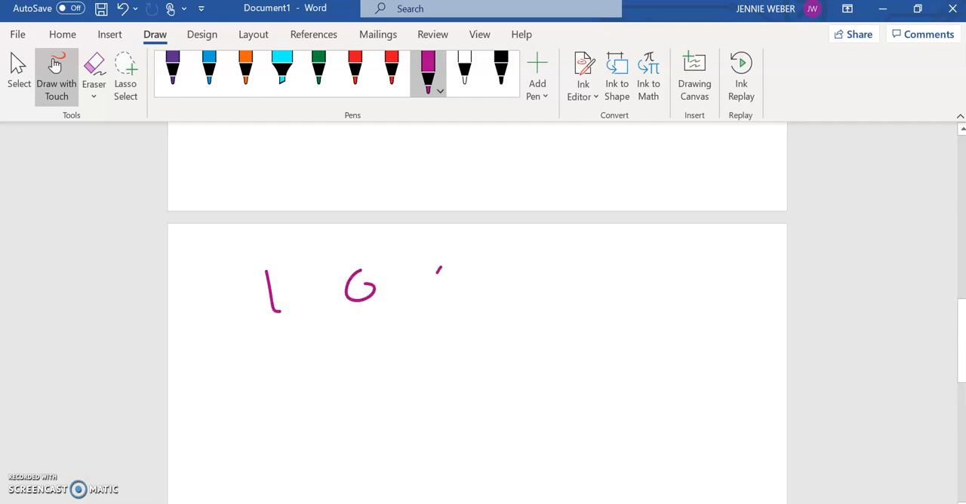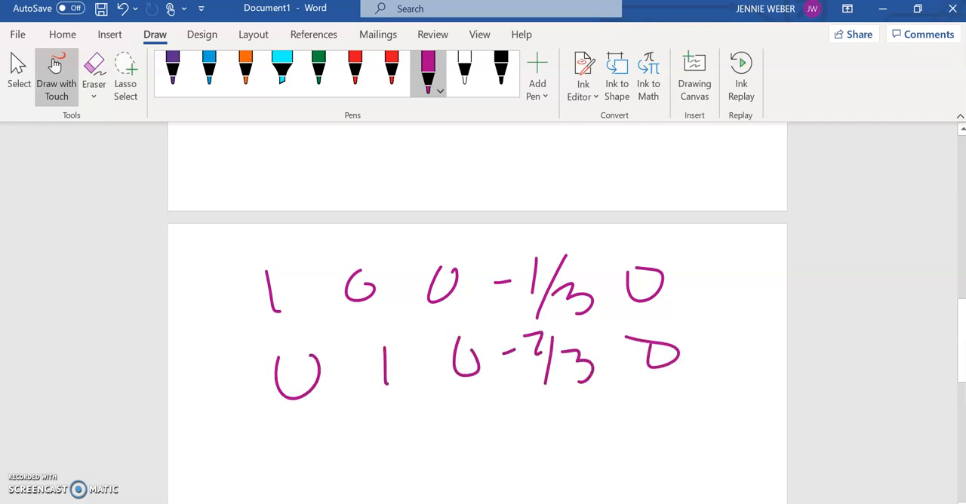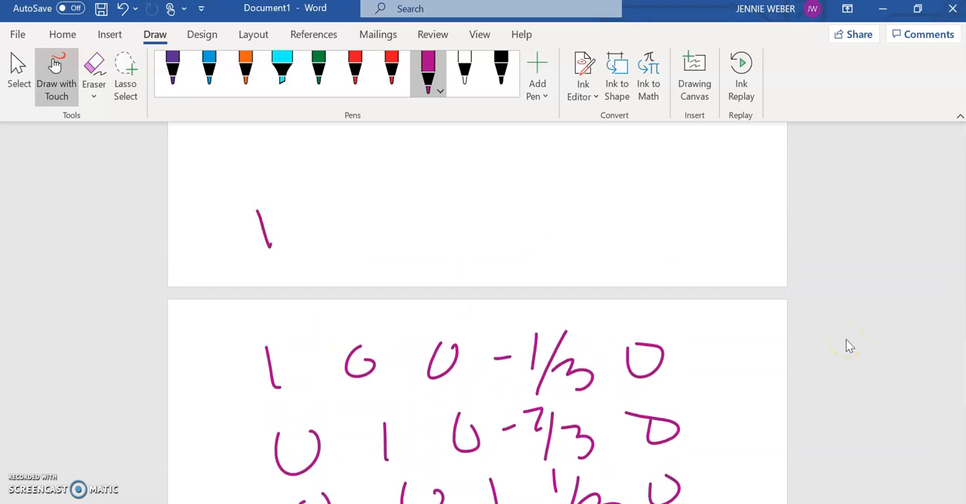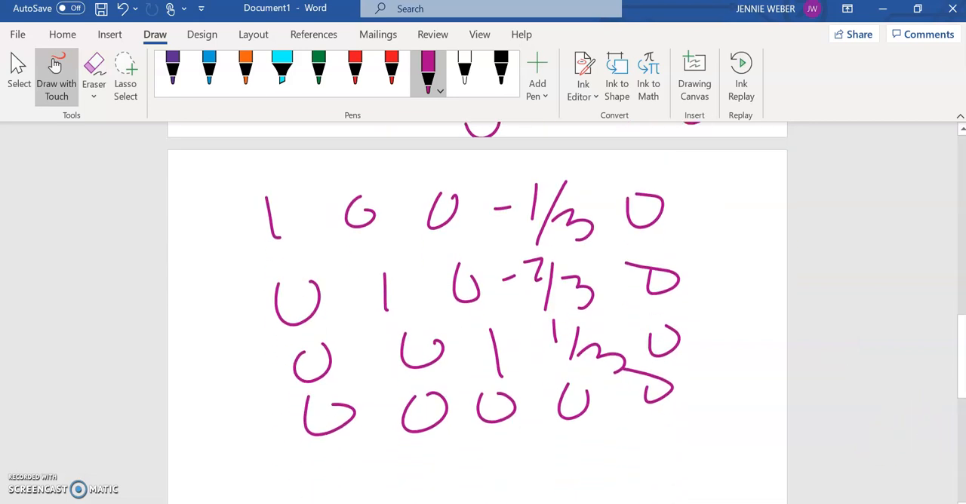So I have 1, 0, 0, negative 1/3, 0, 0, 1, 0, negative 2, 0, 0, 0, 1, 1/3, 0. And then 0, 0, 0, 0, 0. And then this was, remember from a board, W, X, Y, Z, and your answer part. Okay, so